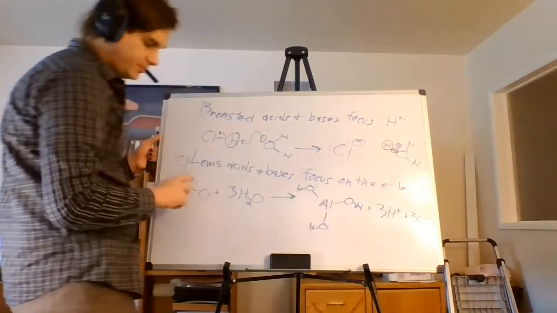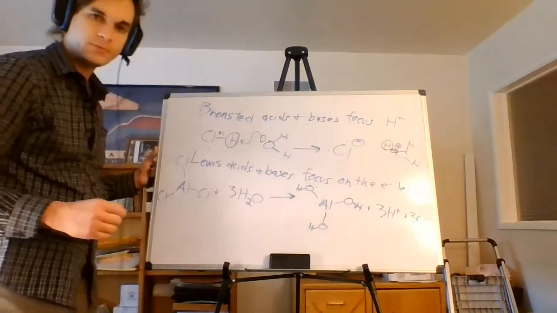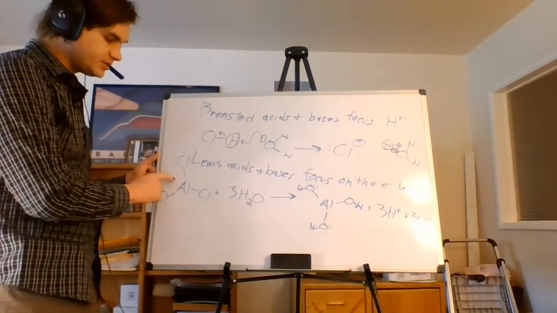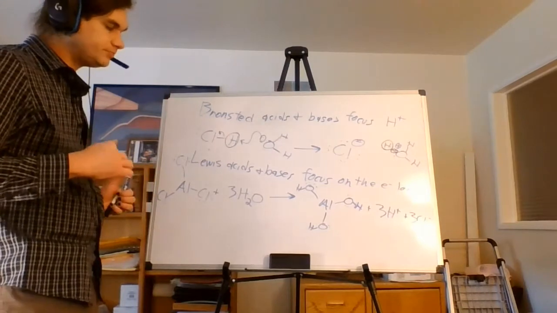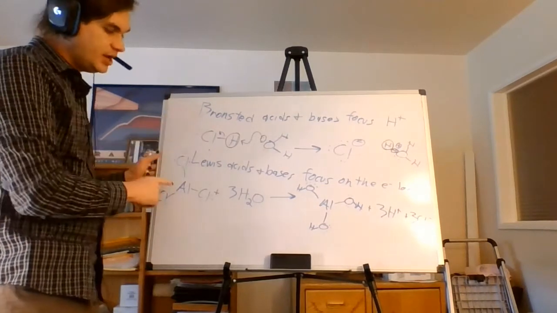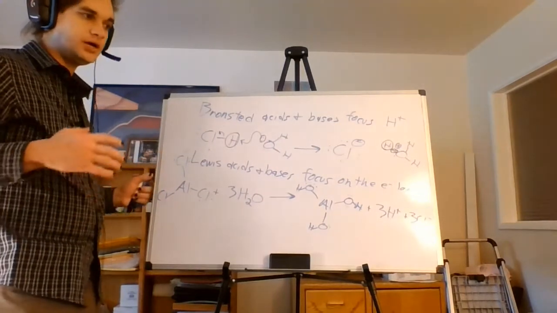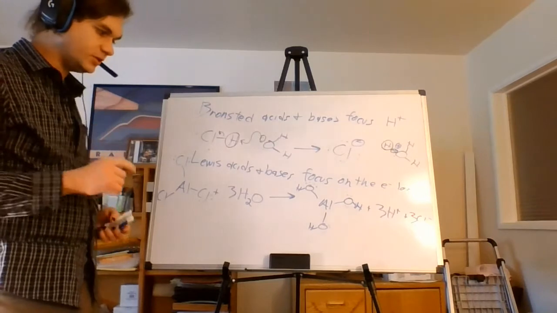So we have something that we can add to water and we can generate H plus. But this molecule right here is not an actual Bronsted acid because it isn't donating protons to anything. What it does do, however,